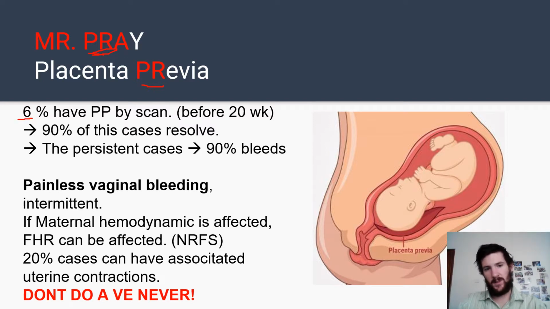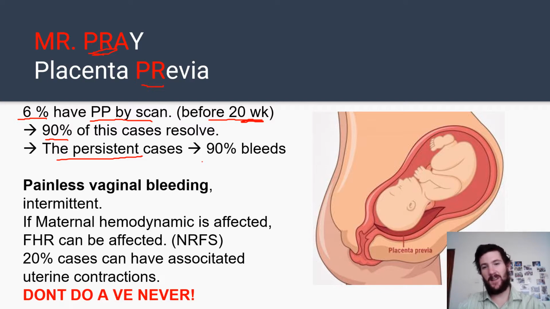6% of all the pregnancies have a placenta previa by a scan before the week 20, but when the uterus is growing and going up, the placenta is also going up with the uterus. So after the week 20, the placenta goes to the normal place. 90% of these cases resolve, as in the explanation that I said to you, that when the uterus grows, they resolve, but there are persistent cases. And of those persistent cases, that is the 10% of that 6%,